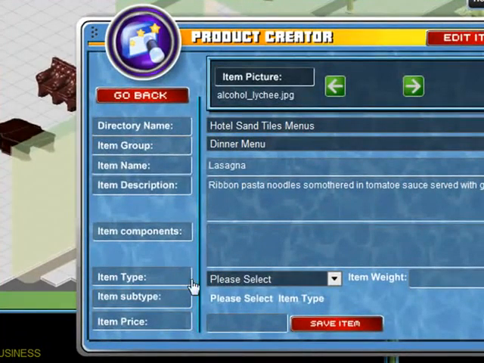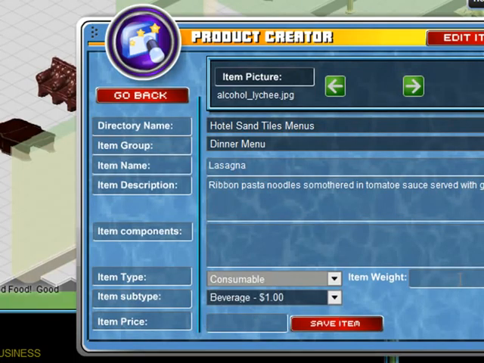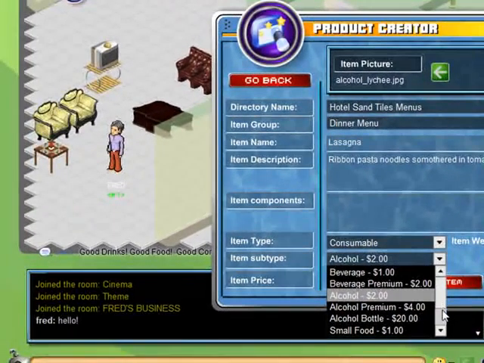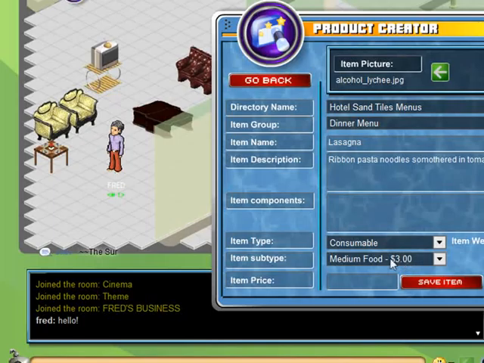So we have to include an item type. What kind of type is this? This is a consumable. Item weight we don't need to worry about. Now, what is this? Is this a beverage? Is this a small food item? So depending on what you want to sell it at, you can create your profitability. This will be a medium food item, so it's costing me $3, as we can see here. So it's costing me $3 to make this lasagna